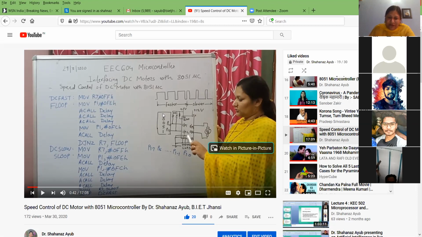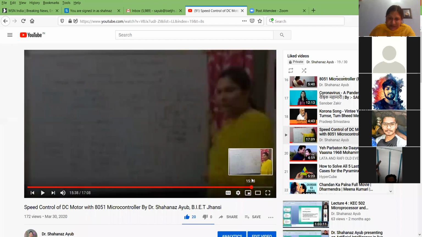And what we'll do if we want to accelerate the motor, then what should be the strategy? Then we'll slowly increase the pulse width. Good. Slowly we have to increase the on time of the pulse. So it will start from less on time and gradually it will rise to long on time. Let me see whether the acceleration part is available here or not.